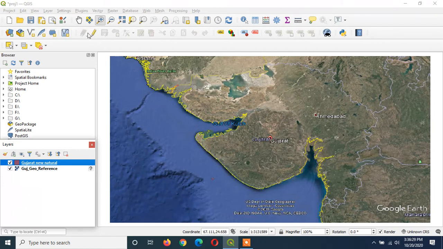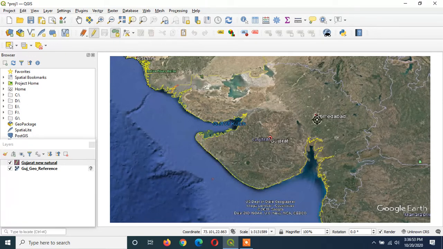To plot any polygon, this toggle editing button should be on. So I am clicking here on the toggle editing button. Remember, this toggle editing button should be on to plot any new polygon on the shapefile. Now click here on add polygon.